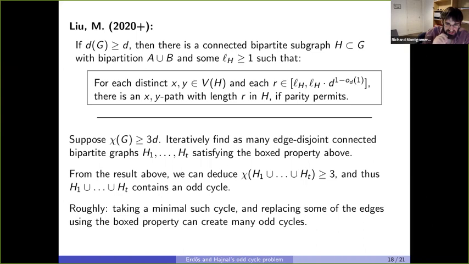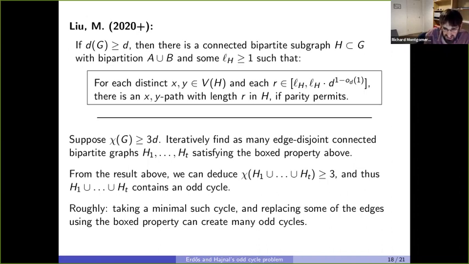While I'm on this slide, it's a very natural condition, the average degree condition. The chromatic number condition to get odd cycles is less obvious. And indeed here, the property that we're using, as you can see, is more that a graph robustly has chromatic number at least 3. So if a graph has a property that I can't remove a bipartite graph with average degree at least D,